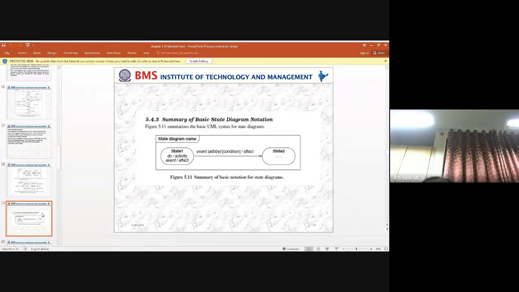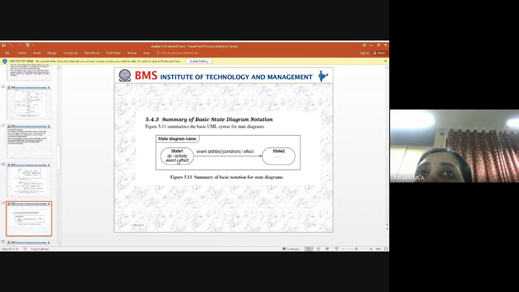Next, we have a summary of the basic state diagram notation. Whenever we write a state diagram, we need to follow the basic UML syntax. Here we have a rounded box. In the rounded box, we indicate the name of the state and the do activity, that is, what event the particular state is going to perform, or the effect that we are going to specify here.